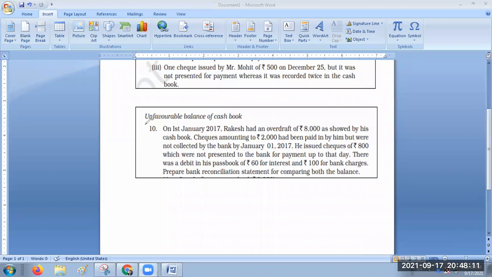In the previous classes I mentioned overdraft. Overdraft means the banker will permit the customer to withdraw more money than what he or she has in his or her account. If that is the case, how to do it? We will solve it. That overdraft balance is also known as unfavorable balance. How to do? I will tell. Just the process will be reversed. What do you mean by reversed? I will tell.